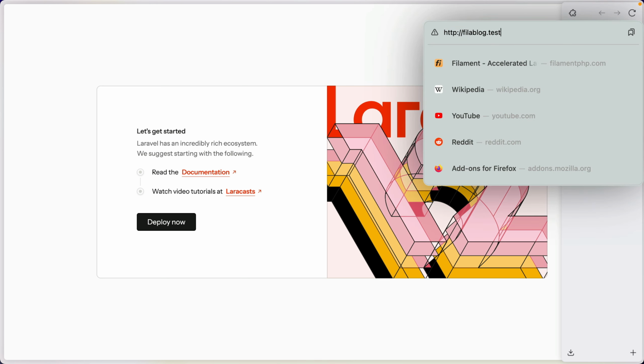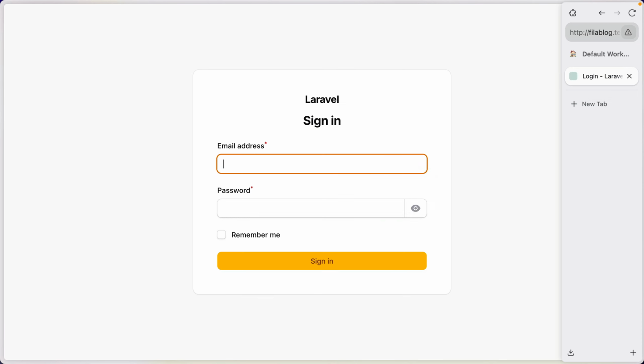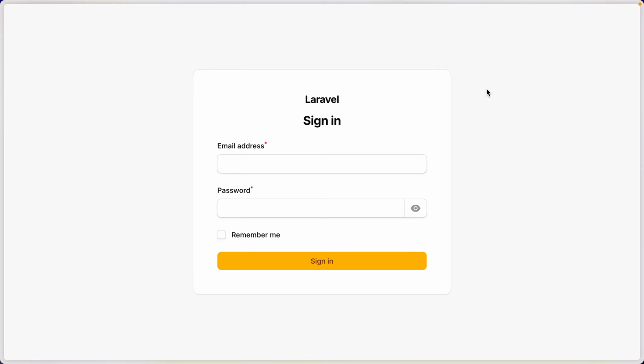Okay, because we installed Filament and gave the panel ID admin, the URL should be /admin. Now, this is how Filament looks at first. Okay, in the next step we will learn about resources, which are the fundamentals of Filament. Okay, see you in the next video.